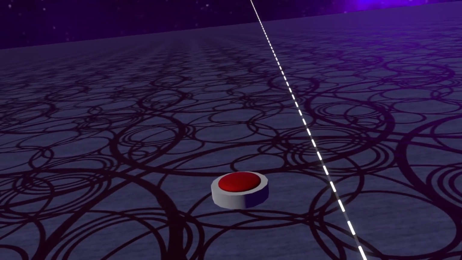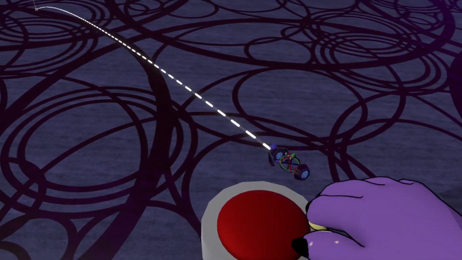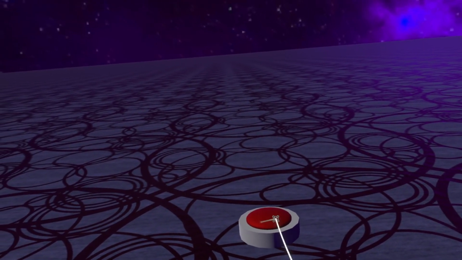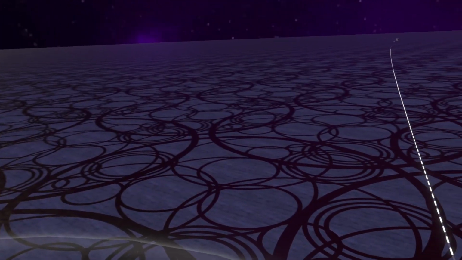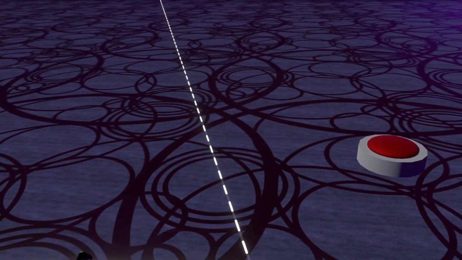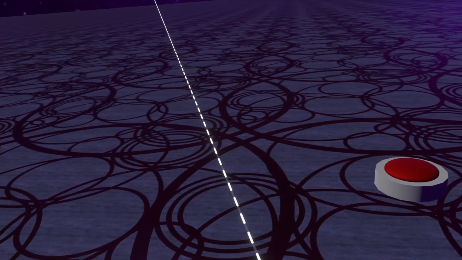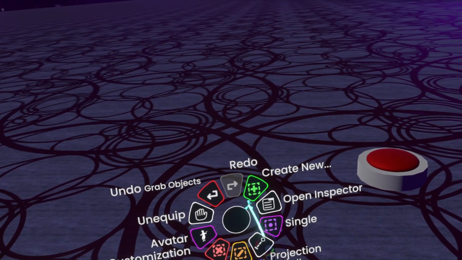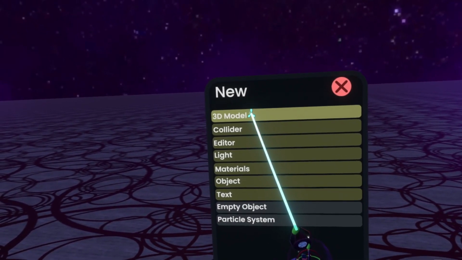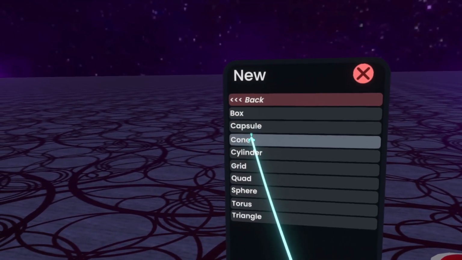Okay, so how do we make the button make a sound and press down? Well, first off, we're going to need a button. So how do we make this button in Resonite? Well, I'll show you how I made it. So with the developer tool equipped, you'll want to open up your radial and go to Create New, and you'll want to look for 3D Model. You'll want to create a cylinder,